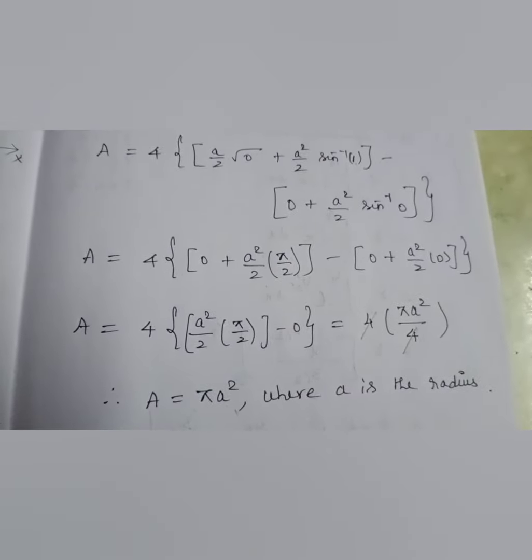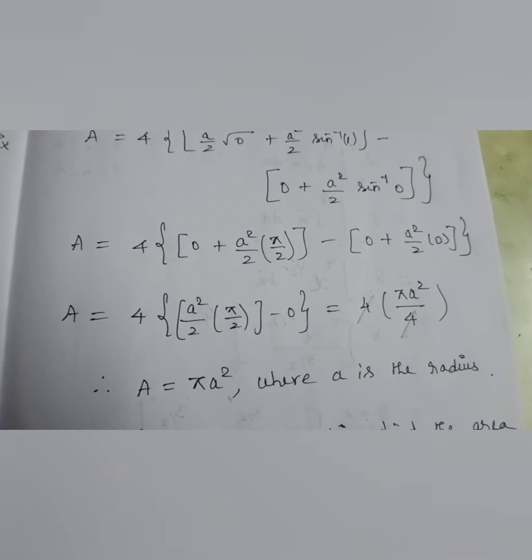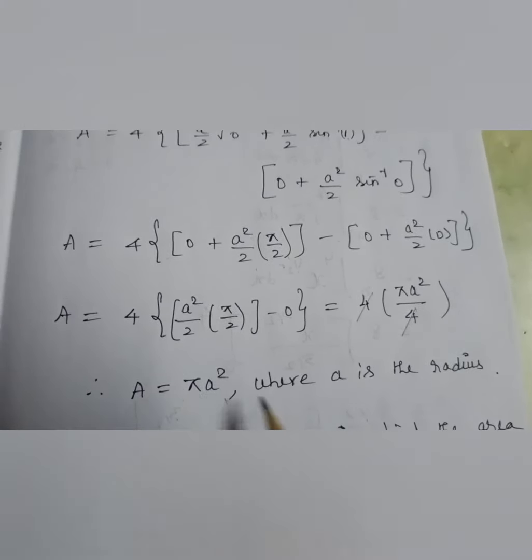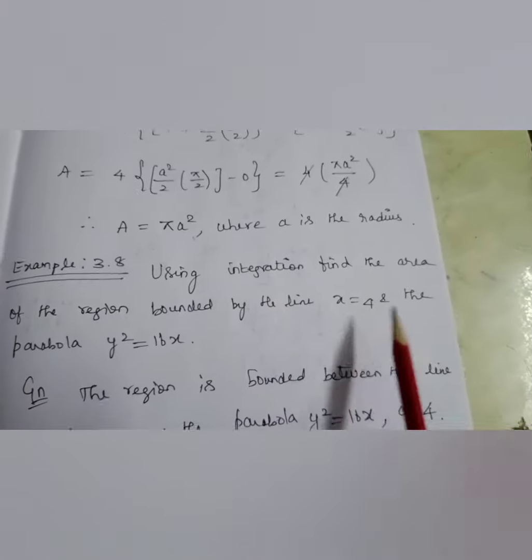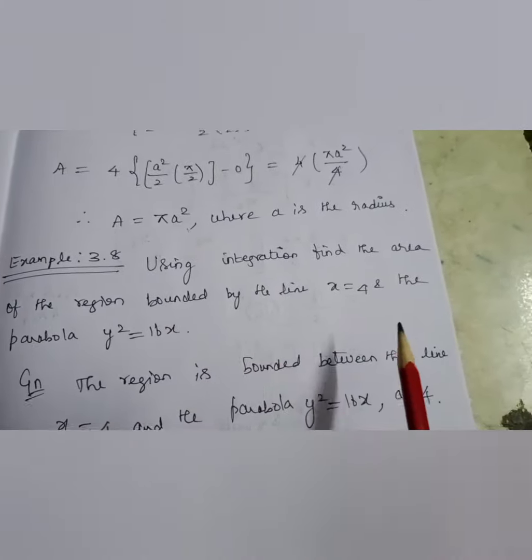What is the area of a circle, children? It is pi r square, where r is the radius, and here it is pi a square because a is the radius. Okay, now example 3.8, using integration find the area of the region bounded by the line x equal